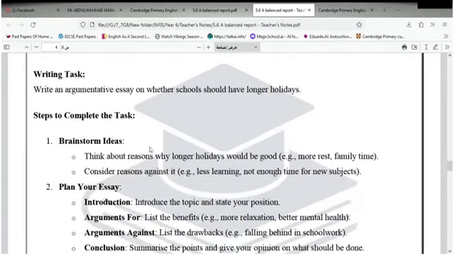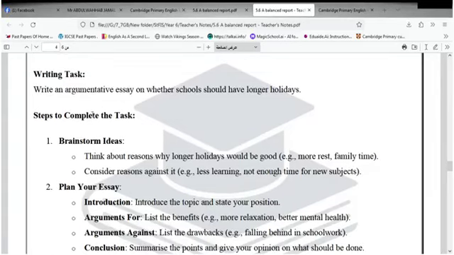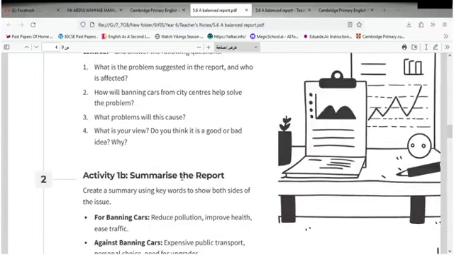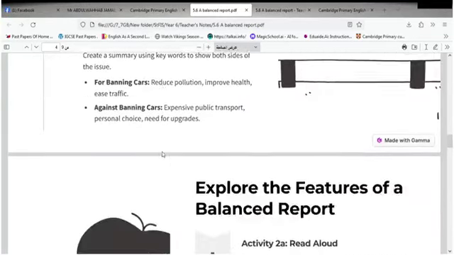And then I have a writing task. I will talk about it after a while. Write an argumentative essay, aka balance report, or a discussion on whether schools should have longer holidays or not. Let's go back now. Okay, after we summarize the report and after we discussed the report,